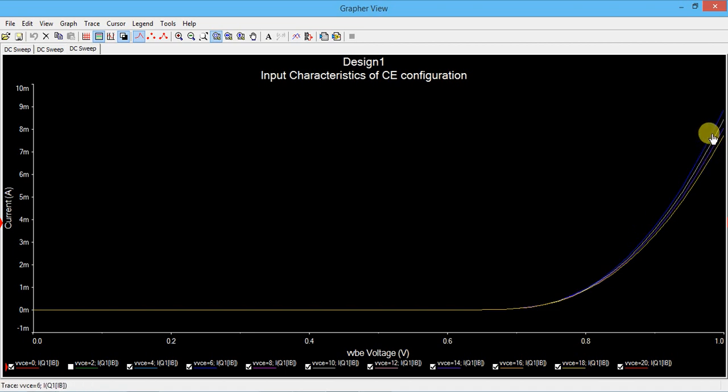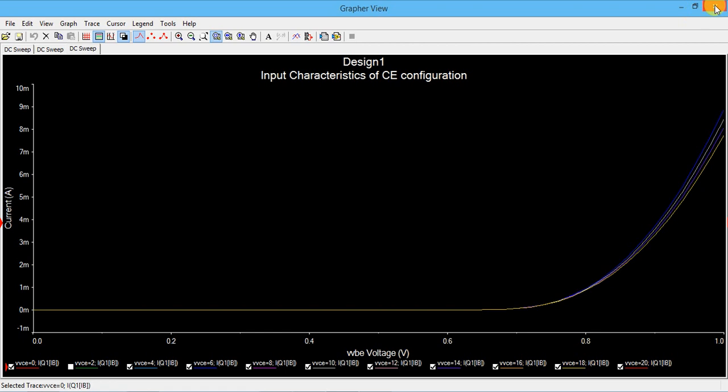I think only 4 or 5 steps are coming here. So one is for 2, next will be for 4, next I think for 6, like that it will come here. The old one is still retained. So only 5 readings are coming. Okay. So now this is the input characteristics.